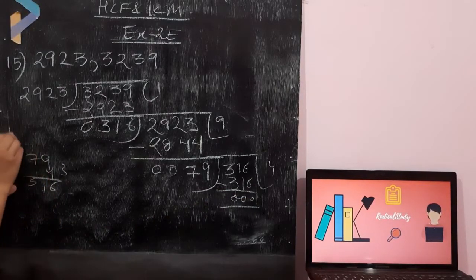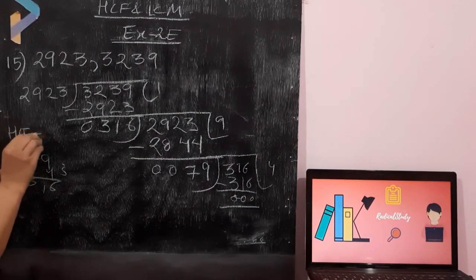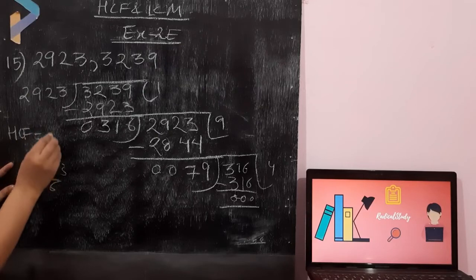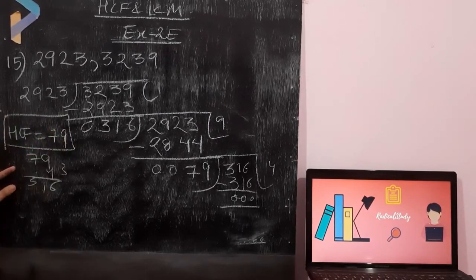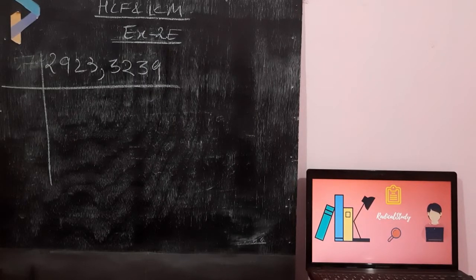So now what is the HCF of these two numbers? The HCF is 79. Now we will proceed to find out the LCM of these two numbers. So students, we have already found the HCF of these two numbers, 2,923 and 3,239, and the HCF was